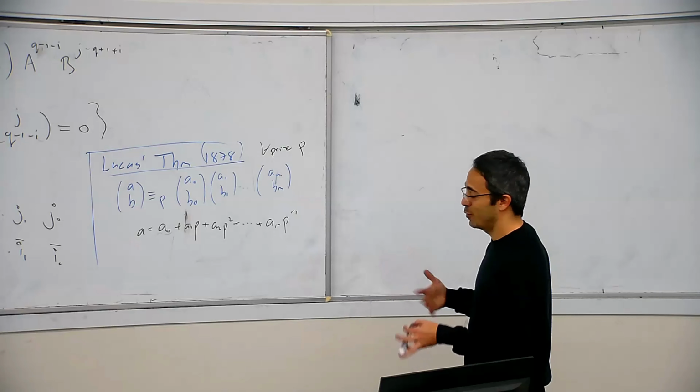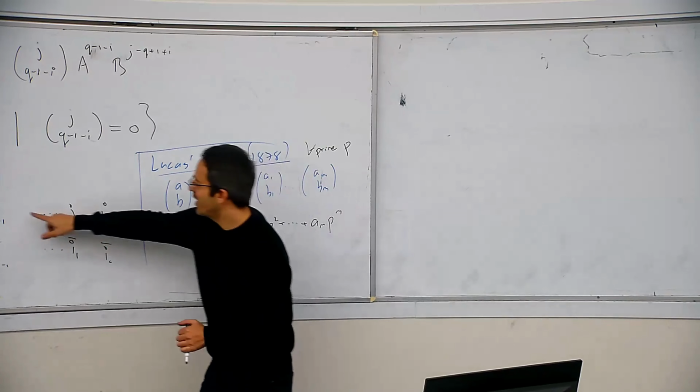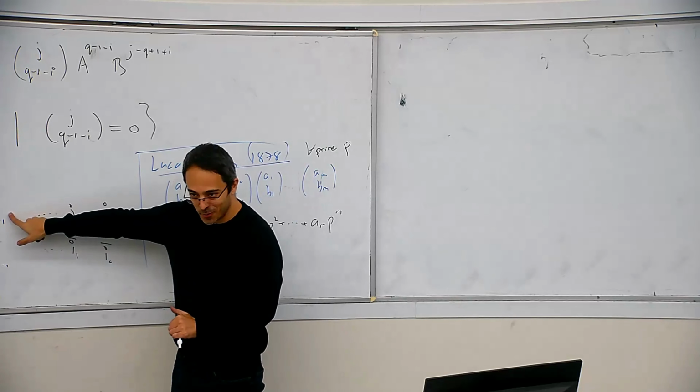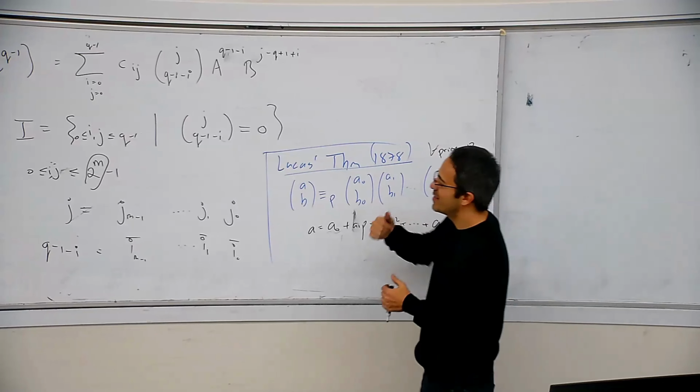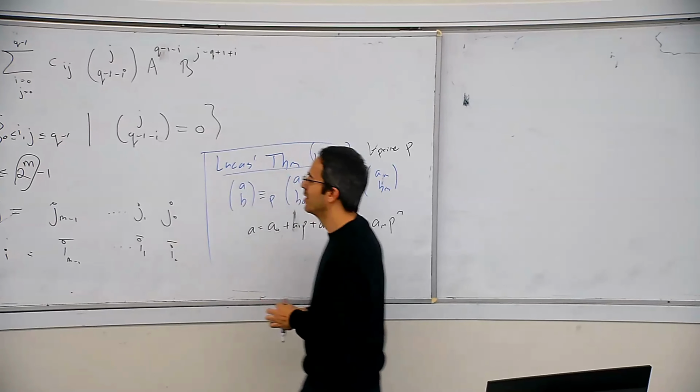Okay, so using Lucas's theorem, you can immediately see what's happening. What you want from I and J is for this to be zero. So there must be some bit in J that is zero, and the corresponding bit in I is one. The only way that this is zero is that the product is zero, and everything is like one choose one, one choose zero, zero choose one. So you want a zero above and a one at the bottom.